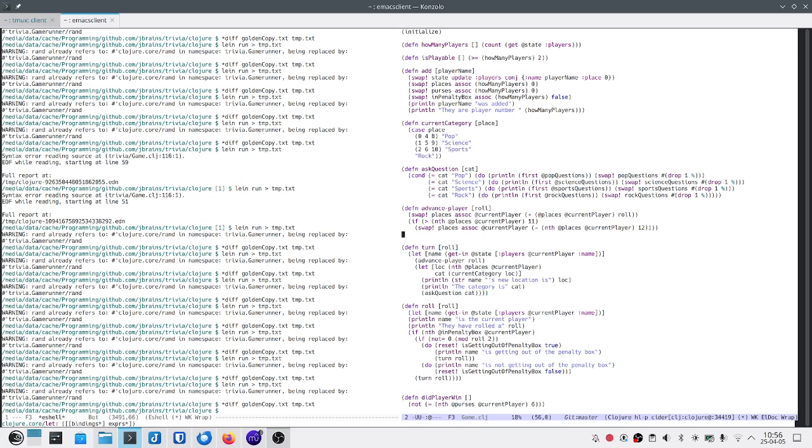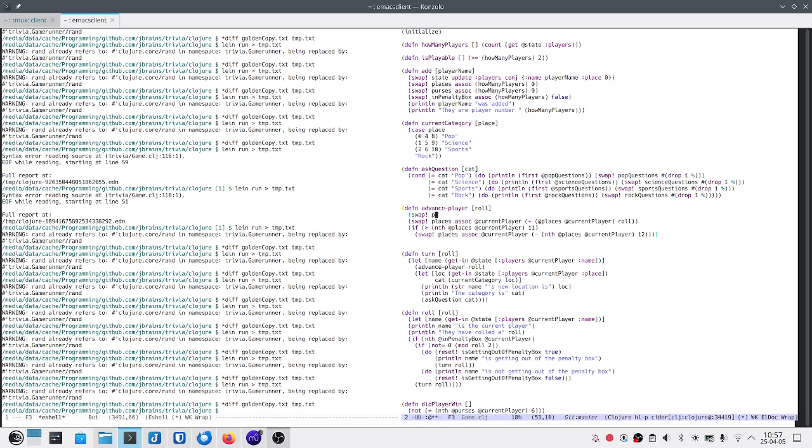And then we're just getting the place here. So the only two things we have to change now are this function advance player and this instance of where it gets the place. Well, where it gets the place is easy enough. That's a get in state, and we know it's players, the index of the current player and their place. So that's going to get the location. Now we're just going to update it here. So we do a swap in state. We do an update in of players, current player place. This takes the old place value.